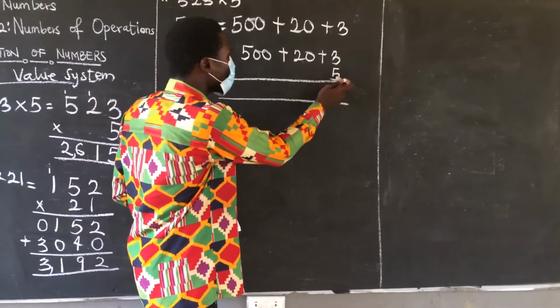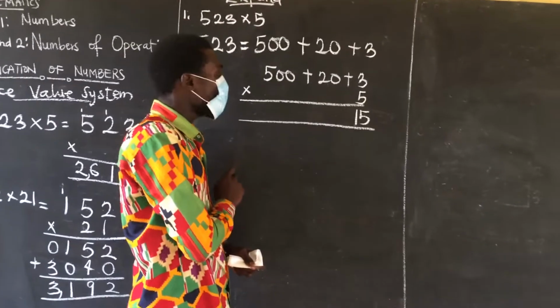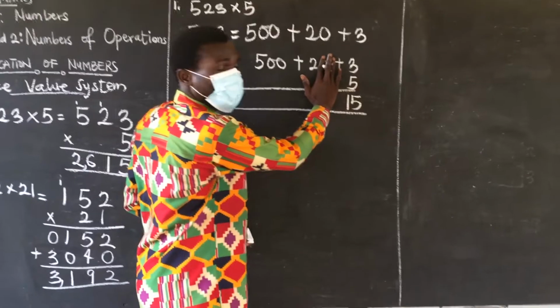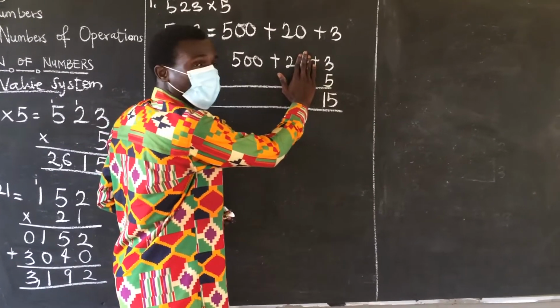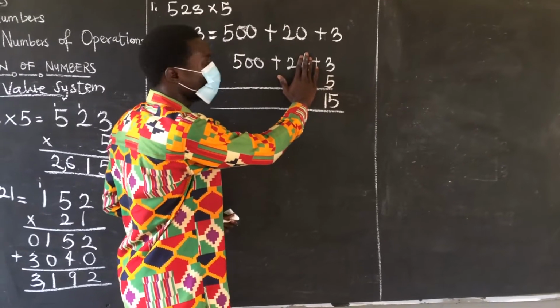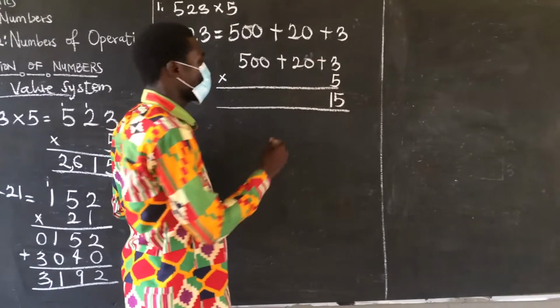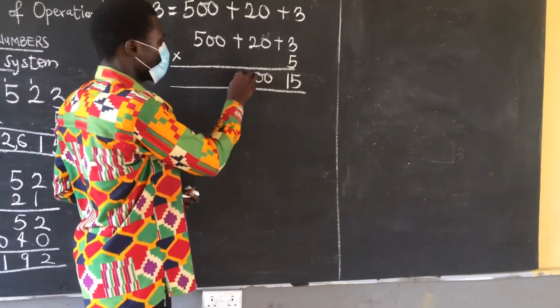Then we'll multiply 5 times 20. 5 times 20 will give us, if I cover my 0, I'm going to ask myself, 20 covered, or if I cover 0, I'm left with 2. So 5 times 2 is 10. So if 5 times 2 is 10, then 5 times 20 will give me 100. Plus,